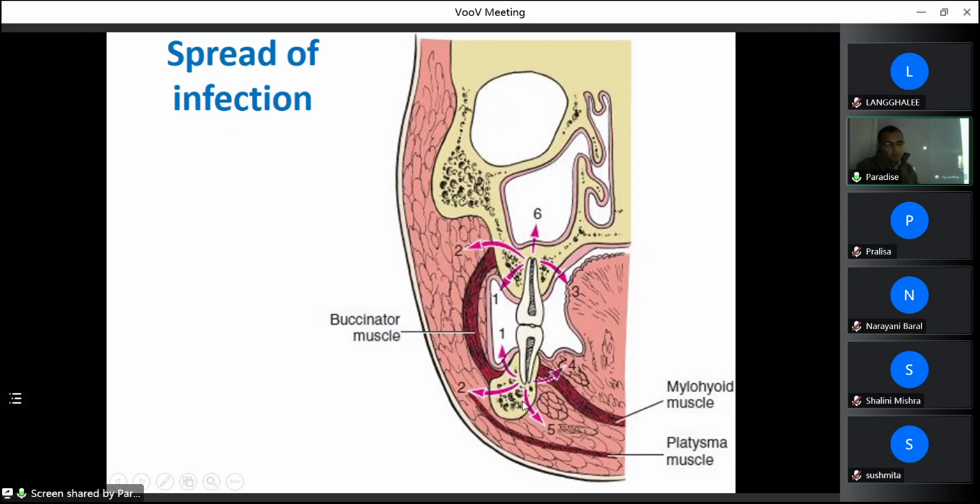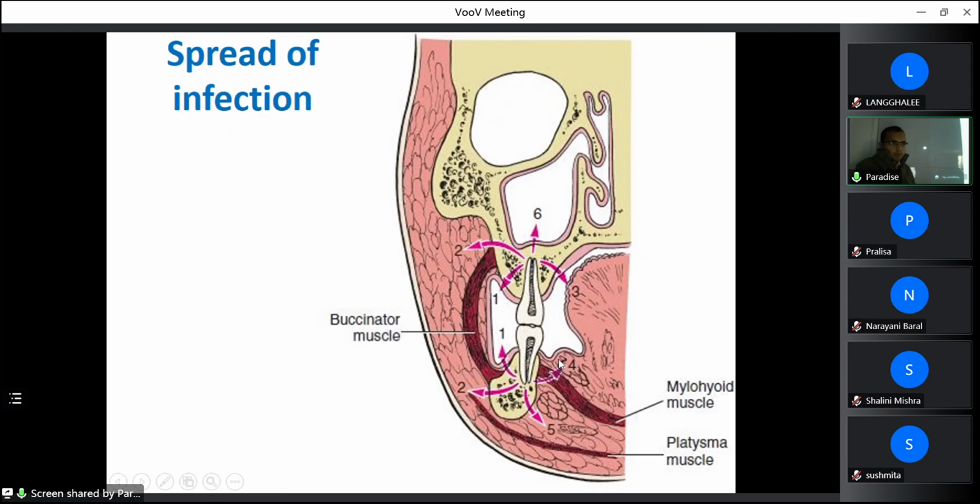Now, lingually, if the lingual plate is perforated below the attachment of the mylohyoid muscle, as you know, the mylohyoid muscle is attached on the lingual surface of the mandible. If the lingual cortical plate is perforated below the attachment of the mylohyoid muscle, it will lead to submandibular space infection. Similarly, if the cortical plate is perforated above the attachment of the mylohyoid muscle, then it will lead to